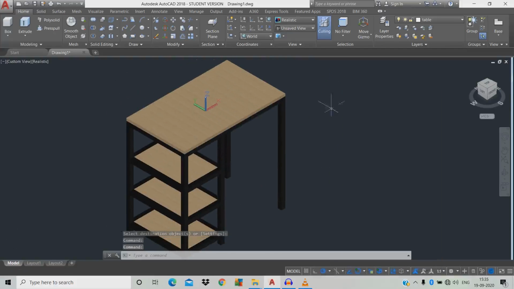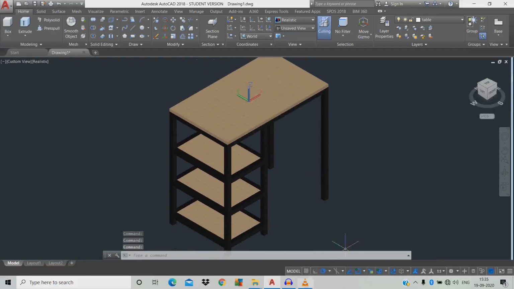We added the material, just close it. That's it.